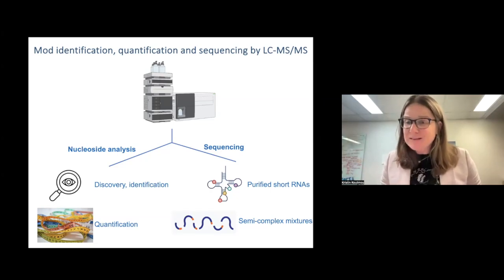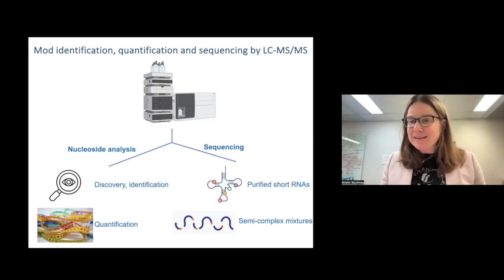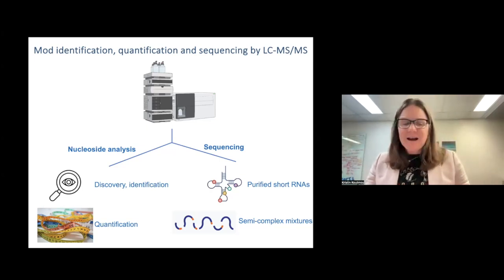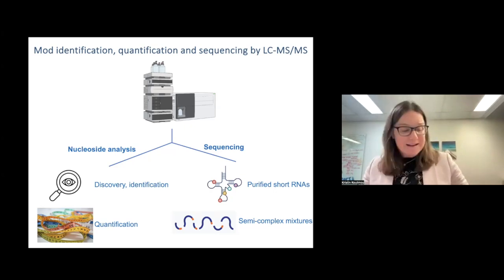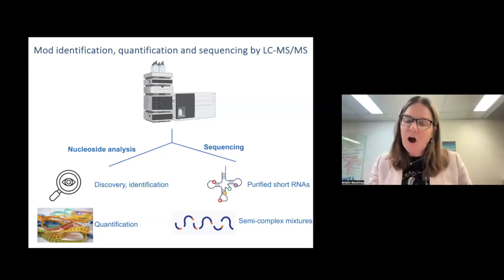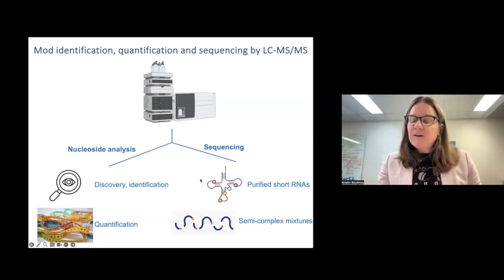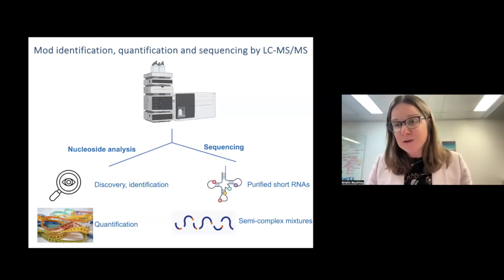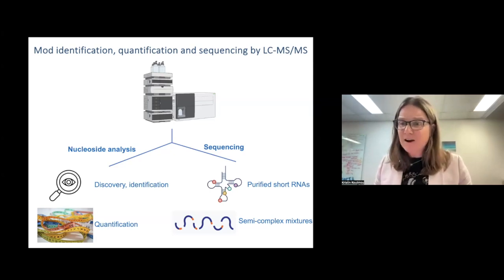As an RNA biologist, if you imagine putting RNase A into your sample, you should not expect a uniform set of things to come out that will give you mappable sizes of RNA. So far, the field, which has been going on for quite some time, has been primarily, though not solely, focused on sequencing either purified short RNAs. So for example, the really powerful techniques we heard about from Tom Suzuki this morning, where he's purifying out individual tRNAs in these Herculean efforts and sequencing them one at a time, or semi-complex mixtures,